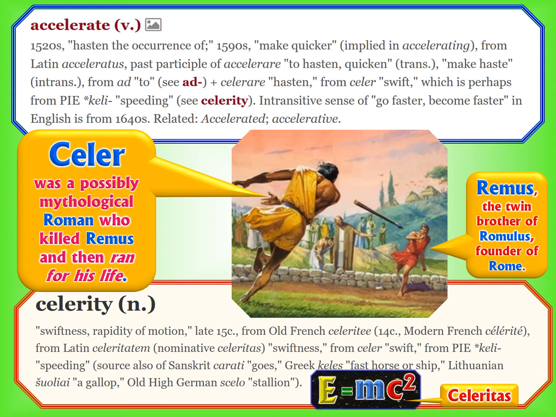Accelerate comes from a mythological character, a character that may or may not have ever lived, and nobody's sure about this. There's a story about the founding of Rome, and that might have been completely made up. Like, oh, it's called Rome, so there must have been a guy named Romulus. And he had a twin brother, Remus, Romulus and Remus. And they were raised by wolves.